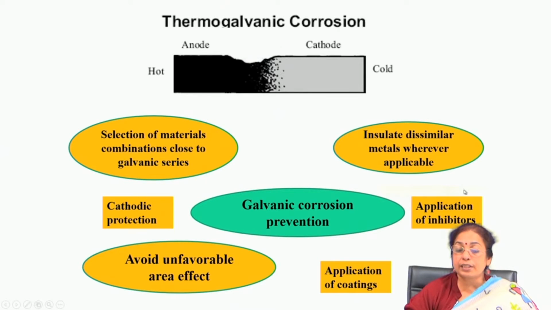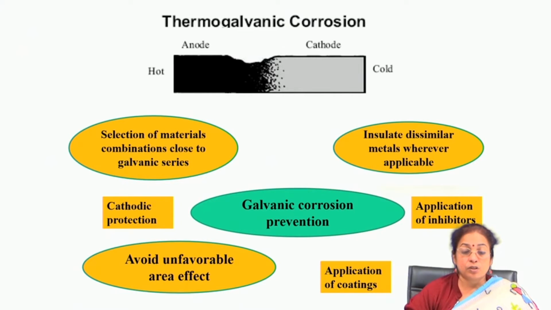You can apply insulation in between the dissimilar materials. Another very important way of prevention of galvanic corrosion is by avoiding the unfavorable area effect. Usually, whenever you talk about corrosion rate, current density is very important. If you have a very large area of contact of the anode as compared to that of the cathode, you will find that current density will be much lower. Naturally, as a result, the degree of corrosion will be